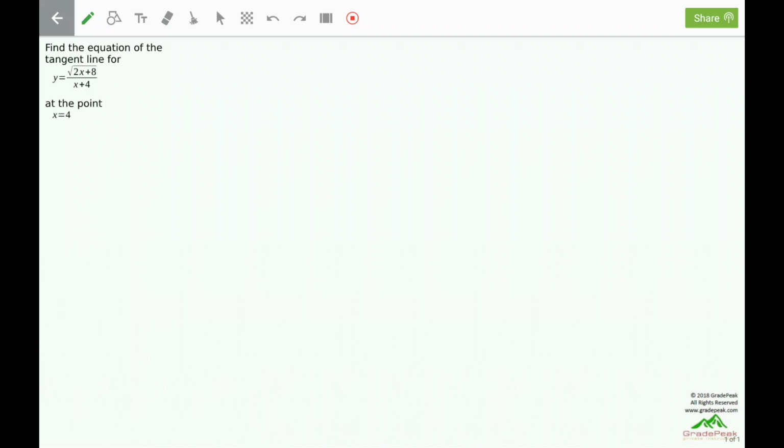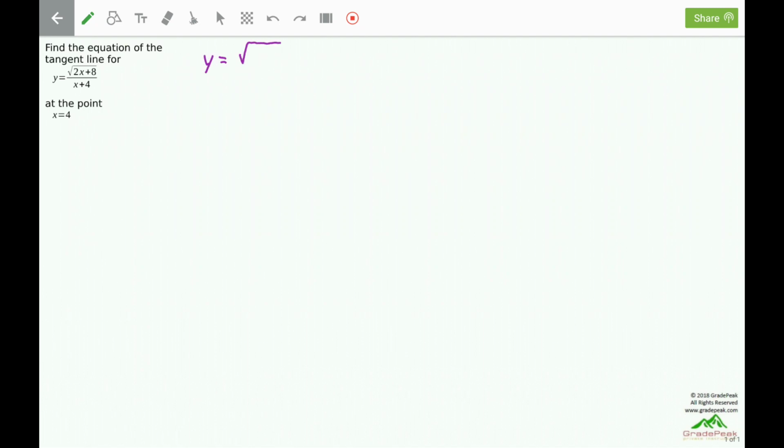Find the equation of the tangent line for y equals the square root of 2x plus 8 divided by x plus 4 at the point x equals 4. To find the equation of the tangent line, we need the x and y coordinates of the point, and right now we have only the x coordinate. So the first thing we need to do is plug that in